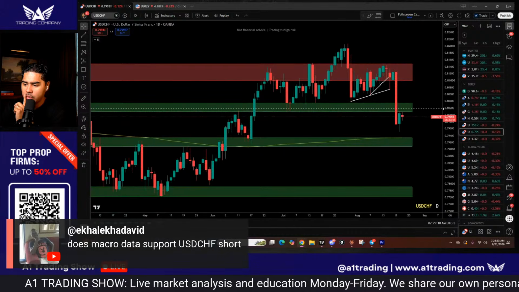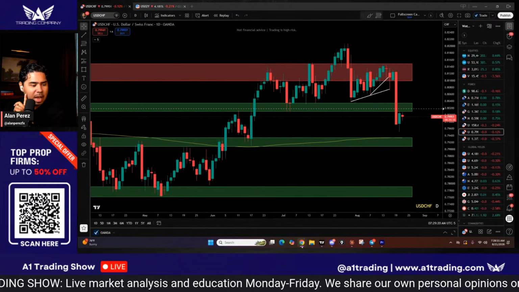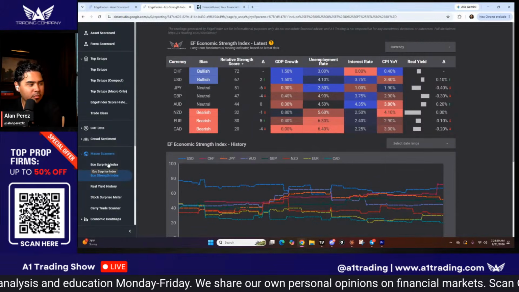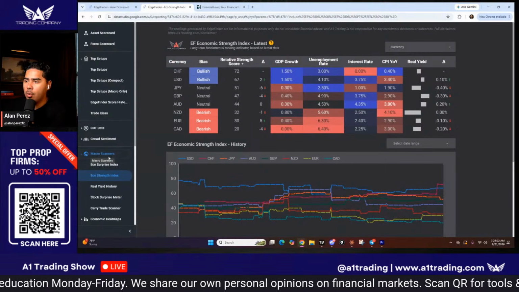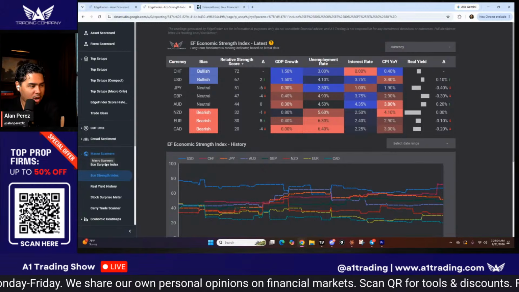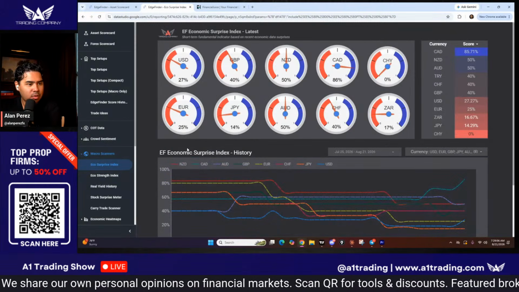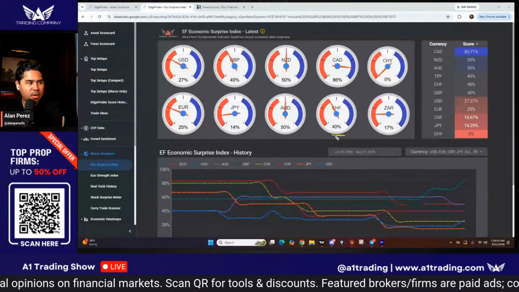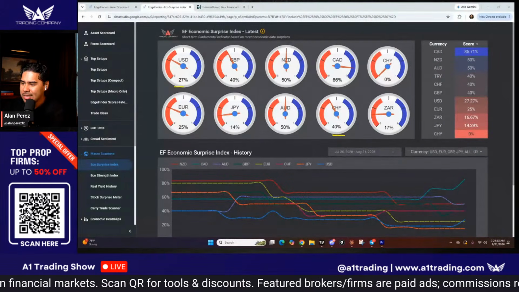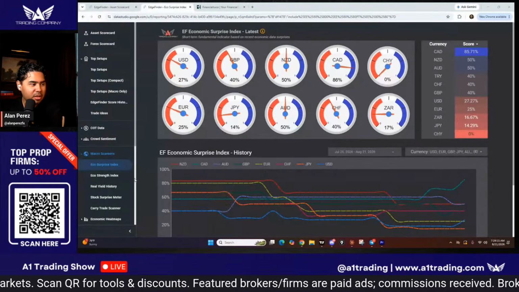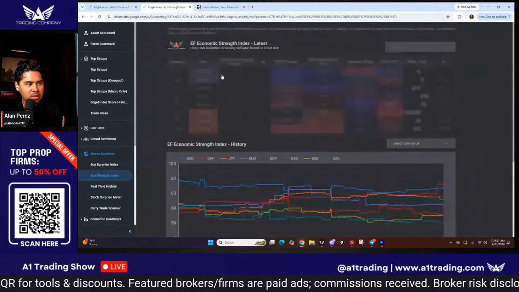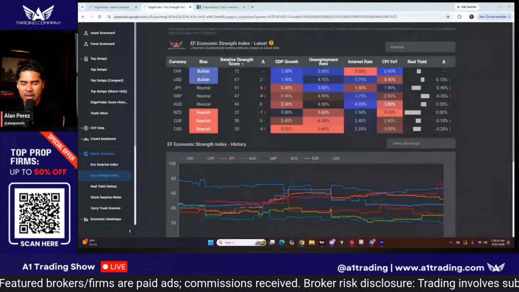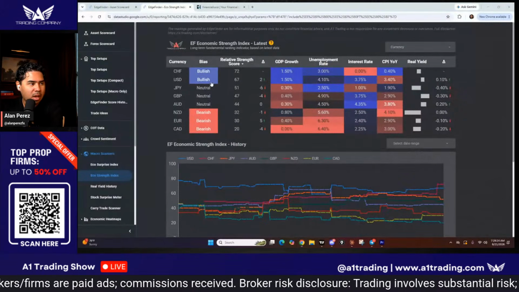Does macro data support USD CHF short? I think the macro for Swiss franc is actually kind of neutral, I would say. I know a lot of the movement is due to broader dollar weakness rather than outperformance in other economies. Let's go to Eagle Surprise Index real quick. So like I mentioned, Swiss franc is at 40%, whereas USD is 27. So 40% is not the greatest, but on a relative basis compared to US dollar and also to Equal Strength Index, it's the top of the list now, which before it was like second or third. I think that's helping out